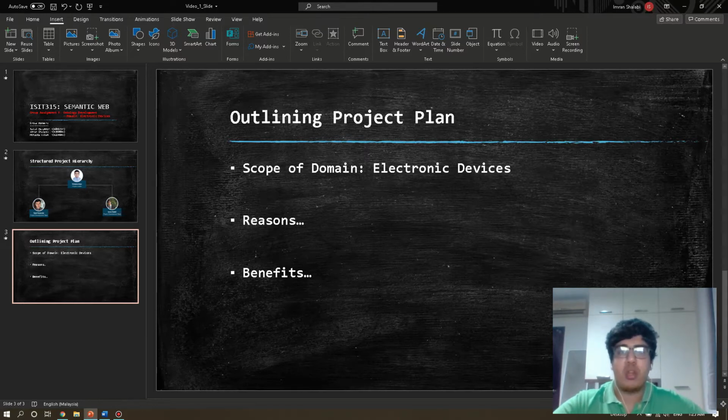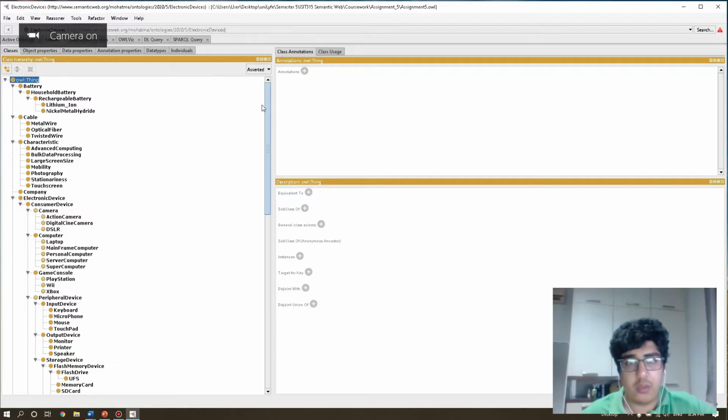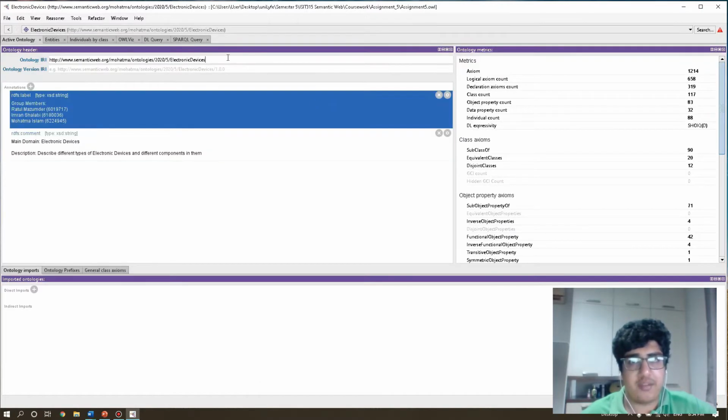With semantic web technologies developing rapidly in recent times, it continues to grow, showing the importance of knowledge and technologies working together. By developing this complex ontology based on our electronic devices domain, we can gain a better understanding on facilitating communications among systems without semantic ambiguity, which is an important skill for our future endeavors in the fields of computing and information technology. So moving on to the ontology itself, I have opened our finalized assignment 5 OWL document